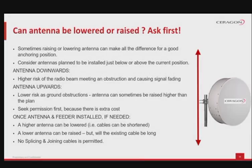Sometimes raising or lowering antenna a short distance from its planned position can make all the difference when establishing a good anchoring position for the side struts. And for small distances, the signal fading might not be an issue in comparison to the gained strength. However, consider that there might be antennas planned to be installed just below or above the current position. Moving your antenna can lead to some issues. If you do need to move the antenna, for good reason,